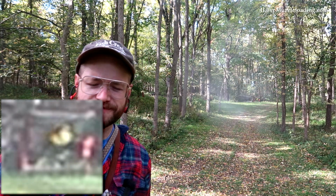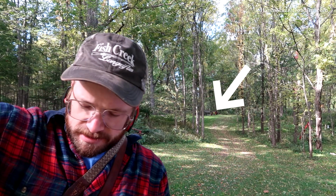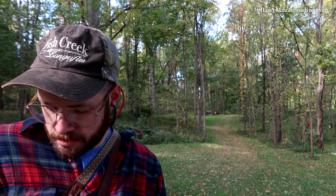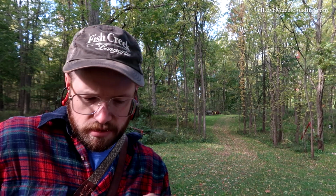Another smack. Now we're back here. This is really kind of it, I think. We could go up the hill a little bit farther, but I've got to get back on diaper duty pretty quick. So we're here at 100 yards now on that silhouette we've been shooting the past couple shots. And I've been shooting a lubed patch this whole time. I'm trying to get them separated here. And I've not been cleaning in between shots,